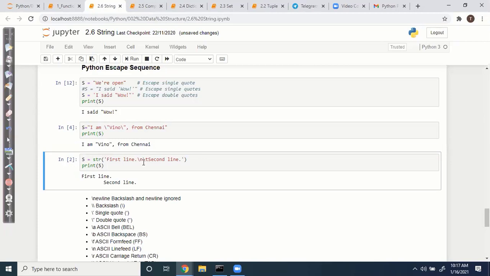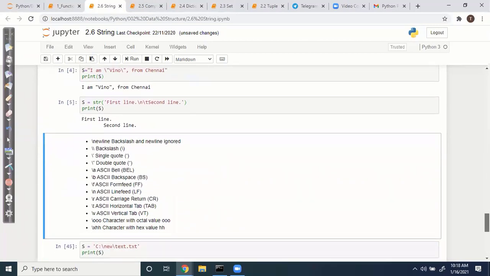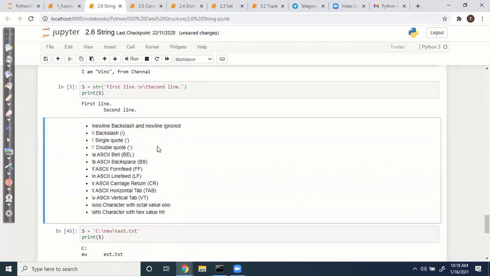Here, if you want to type two lines, you can use \n for a new line. \t means a tab space, it gives some space. \n means go to a new line. So like this we have some backslash sequences. You can use various ones like \n, \r. You can try with them. Normally in our real system we use tab and newline characters. That's it.